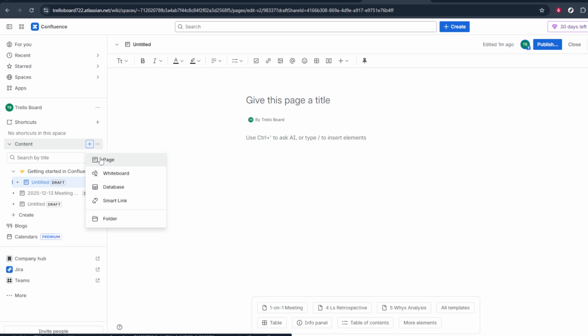Once your new page is open, you can start by giving it a clear title, then add your text, images, and any other content you need. When you're happy with it, remember to publish or save the page so others on your team can view it. And that's all you need to know to add a new page in Confluence using either the top Create button or the plus